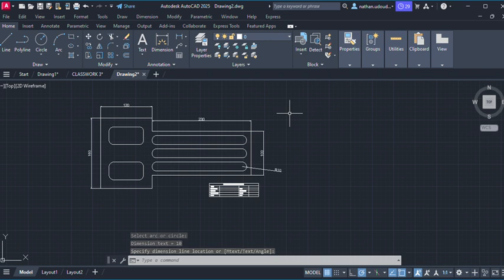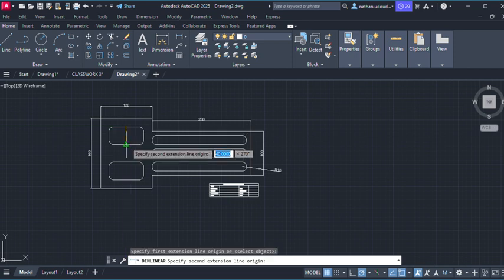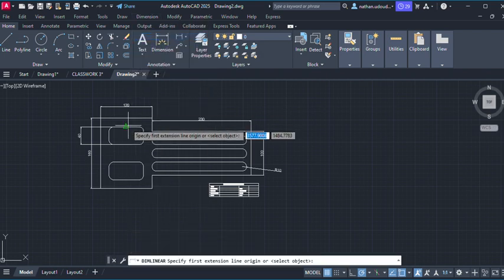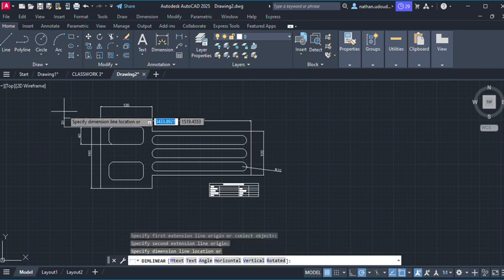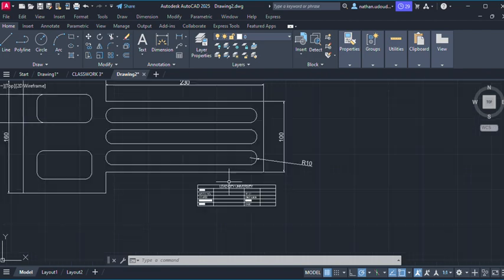Okay, so we are done with the dimensions. So remaining this as well, from this point to this point. So that's 40. And then from here to here, that's 20. Okay, so once you are done, you can